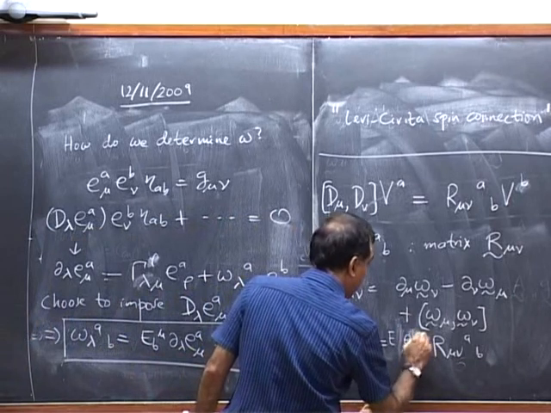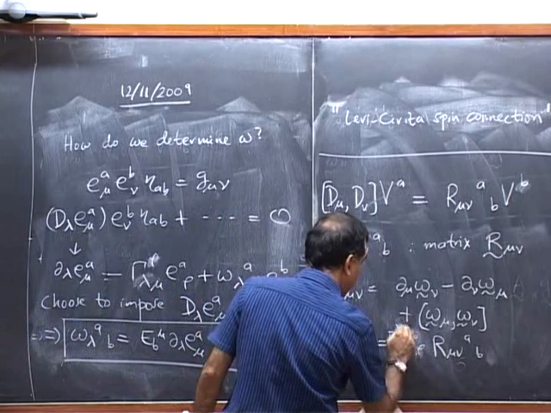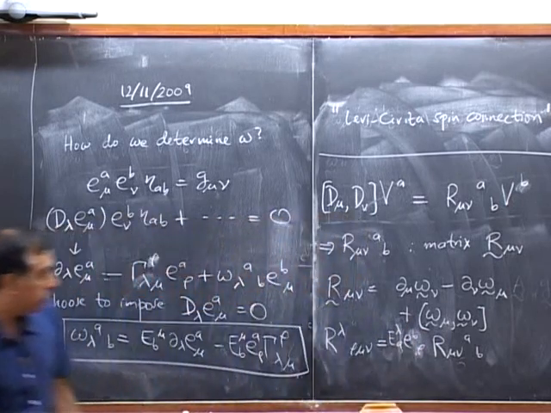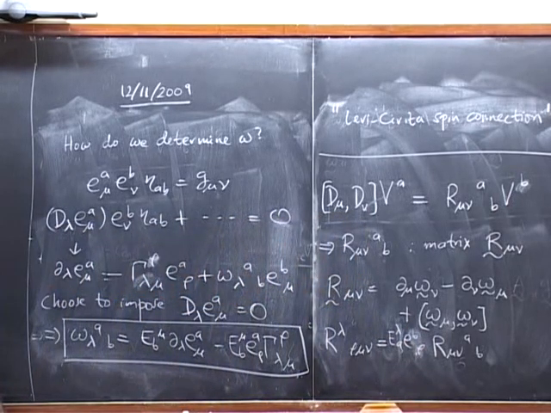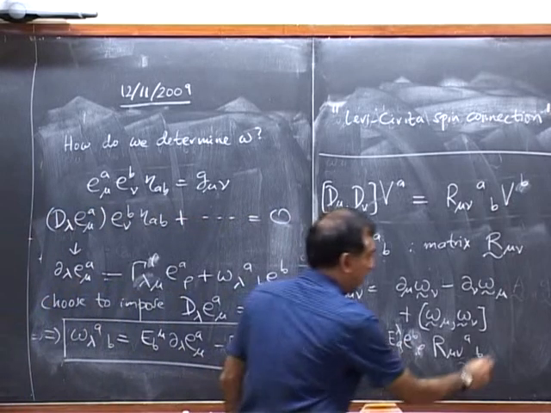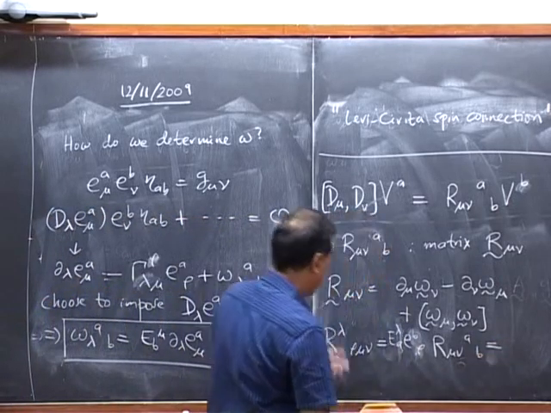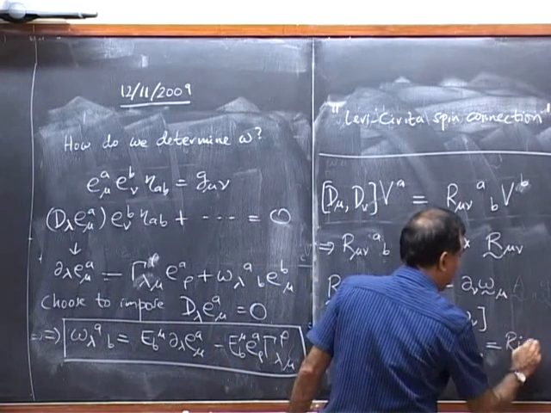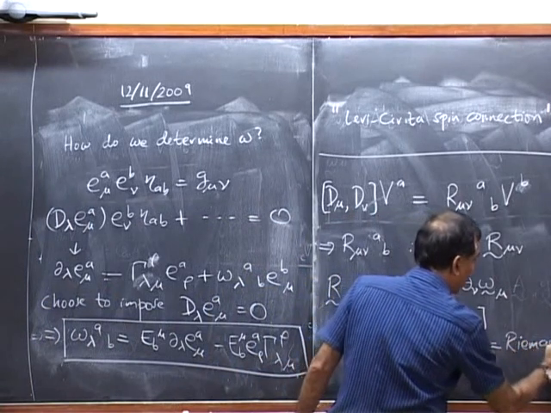E B rho E lambda A. Okay, and it turns out, with a difficult, somewhat tedious proof, that this equals nothing but the familiar Riemann curvature,